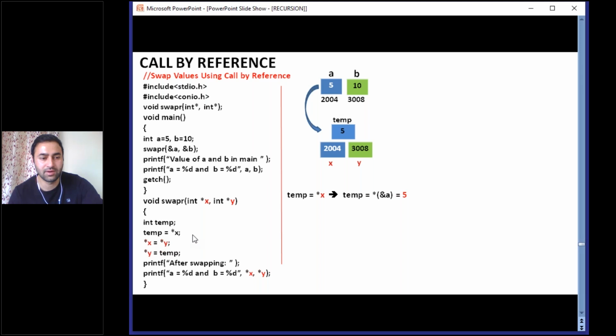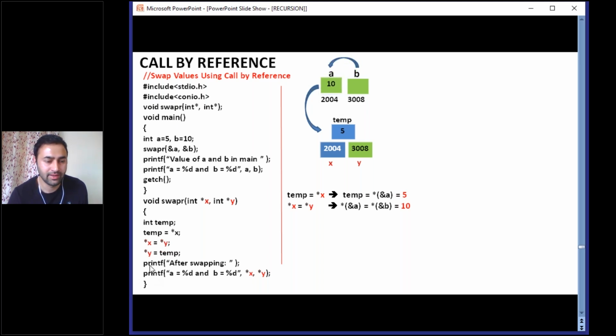So first this statement will make this change in the memory, and then the next statement, asterisk x equal to asterisk y. Okay, so you can replace x with &a, because x was storing the address of a, and you can replace y with &b. So value at the address of a is now what? Value at the address of b. So what is the value at the address of b? 10. Okay, it will go to the value at the address of a. So now 10 will be copied to a here. Value at the address of a is now becoming value at the address of b. So 10 will be copied here.